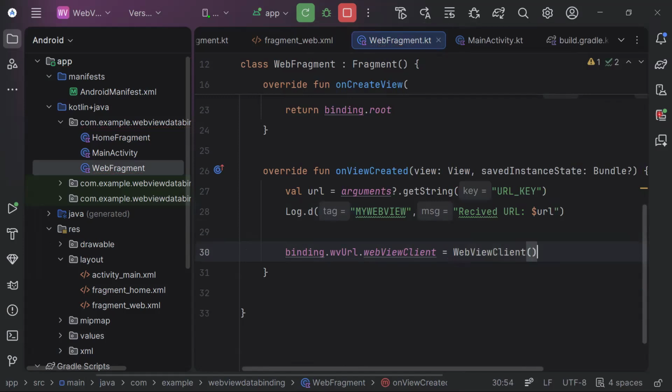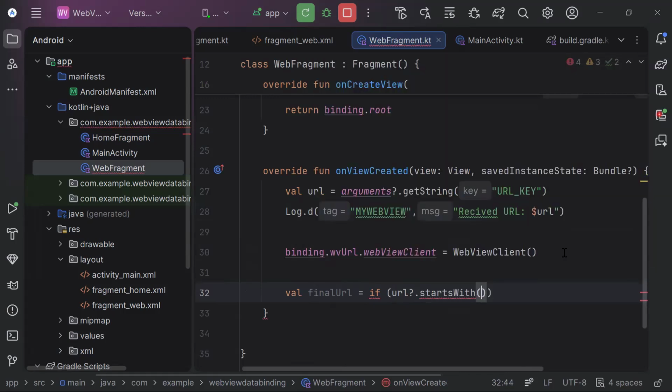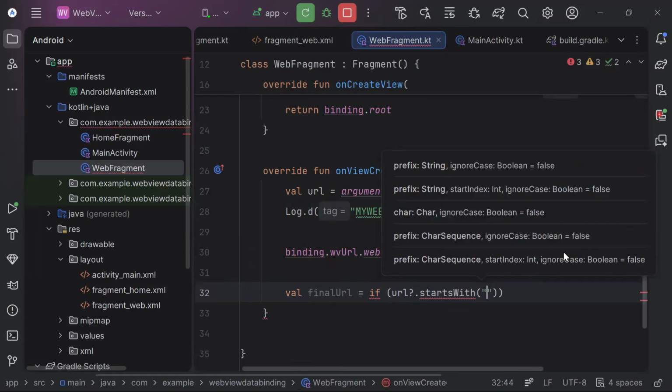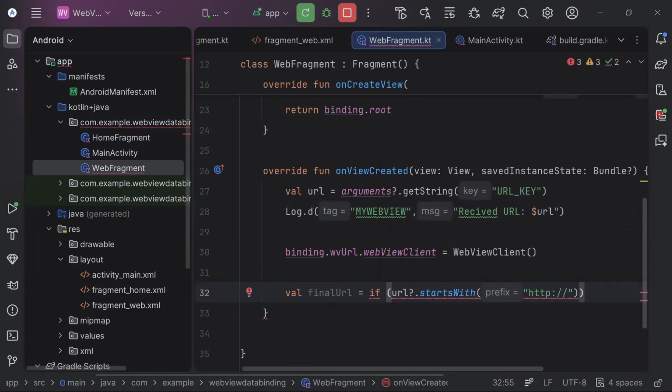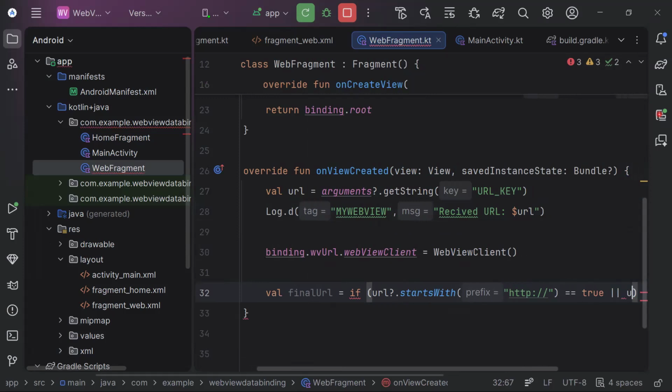You make a declaration of this as the web view client, and we make here a final unit kind of checking if the URL that you have starts with HTTP this way. Okay. And if this you set as true,